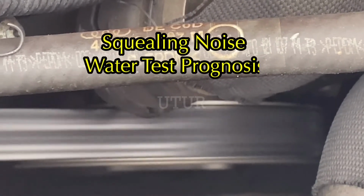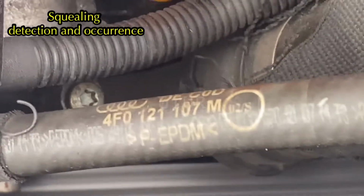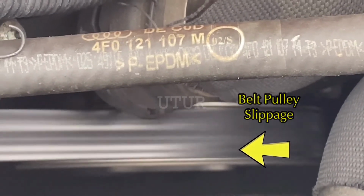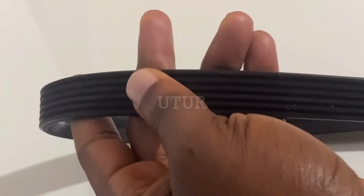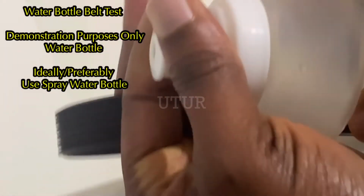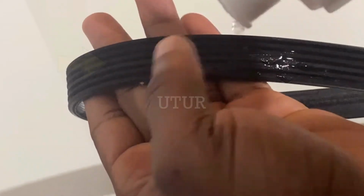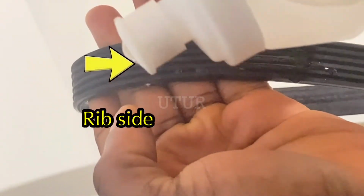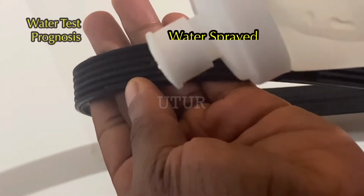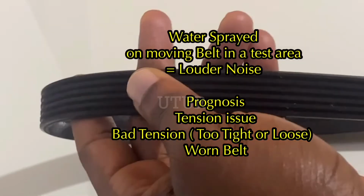A squealing noise will typically increase in volume as the engine speed increases, as a result of a relative slip between the belt and pulleys. To identify the cause of the noise whilst the belt is driving the accessory pulleys, spray some water on the rib side of the belt, which is what we've got here. Once sprayed on the moving, spinning squeaky belt, if the noise gets louder, the belt noise is a squeal indicative